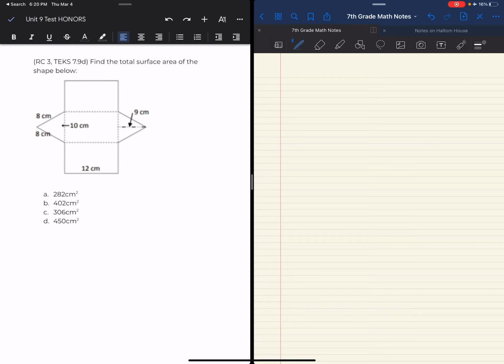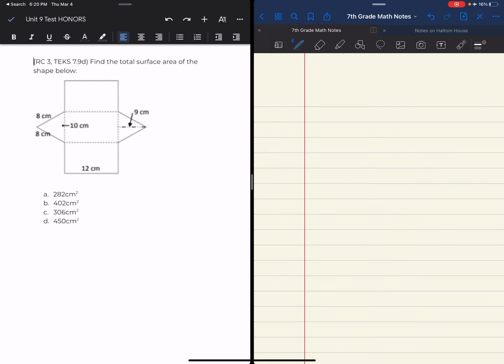All right, amazing mathematicians. On the left side, you'll see the question, and on the right side, you'll see my paper where I will be working this out. Find the total surface area of the shape below. It looks like a triangular prism, and I know it's a triangular prism because my bases are triangles and all those faces are rectangles. So, I'm going to redraw my shape